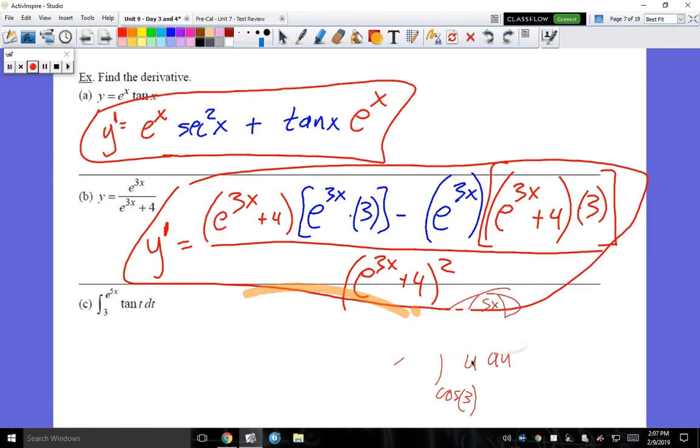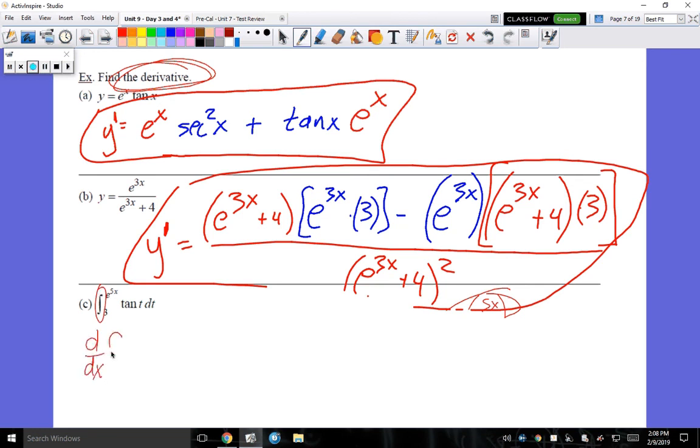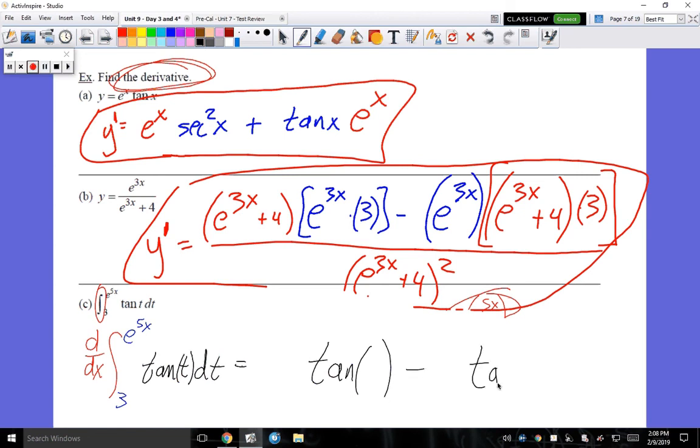there's a much faster way to get the same answer, if you were to finish that out, of simply knowing that we're taking the derivative of an integral. So we're wanting to find the derivative with respect to x from 3 to e to the 5x of our integrand known as tangent of t. And yes, the shortcut is take that integrand, put parentheses where the t goes, that's f of b, minus the same thing. And now we're ready to plug in our top bound of e to the 5x times the derivative